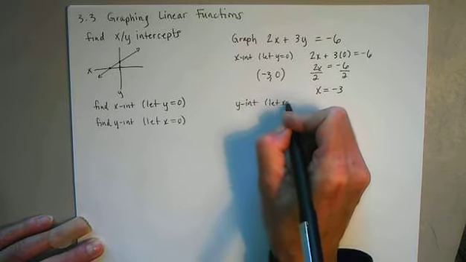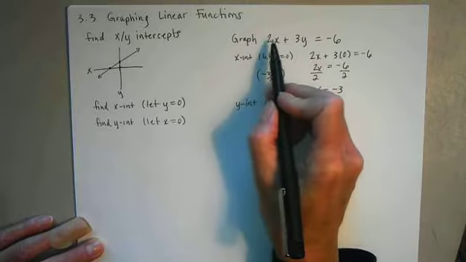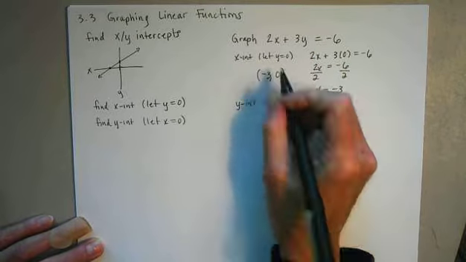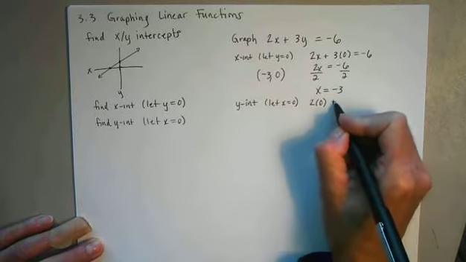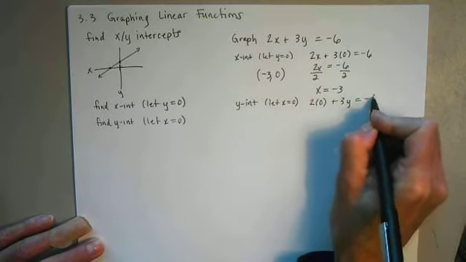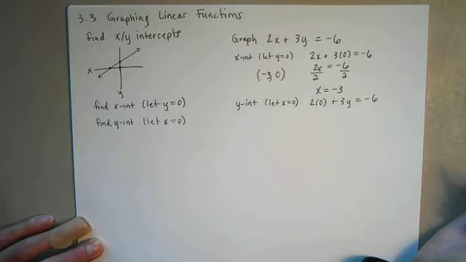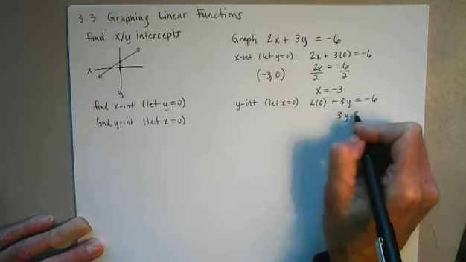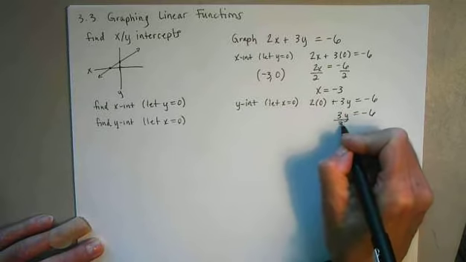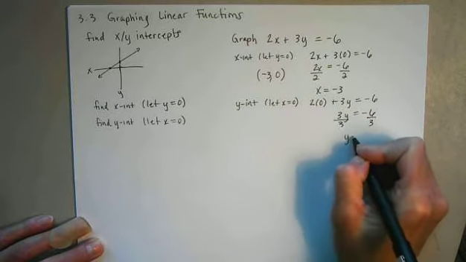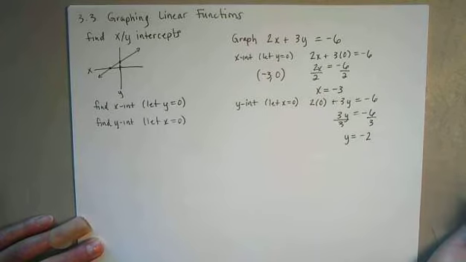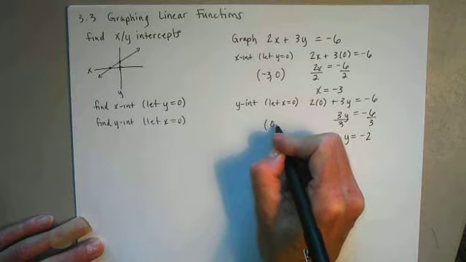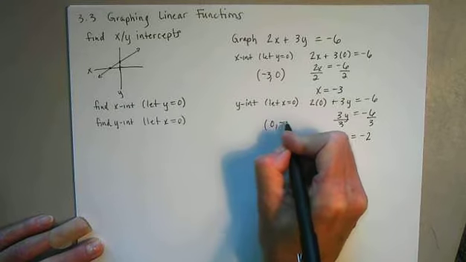letting x equal 0. So coming up here to my original equation, instead of an x, I will plug in a 0 right there. And then I still have my plus 3y equals -6. 2 times 0 is 0, so once again that's gone. And then dividing both sides by 3, we see that y equals -2. So we have a second point. We let x be 0, so the x value is 0, and we got that y is -2, so the